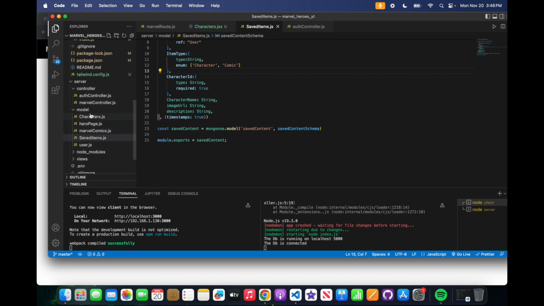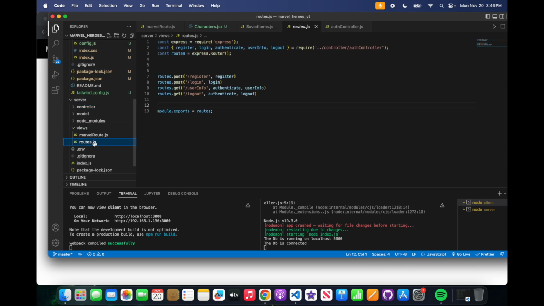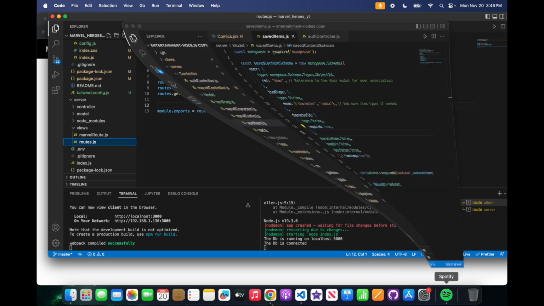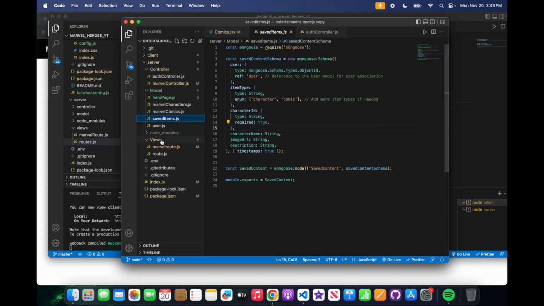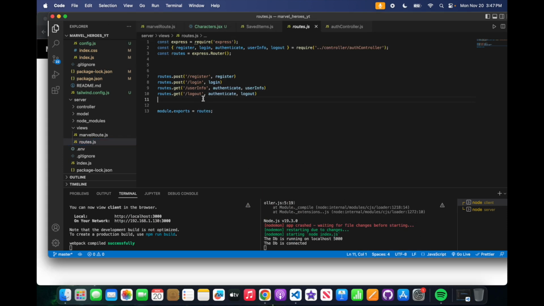Let's see. Model, controller, views. So it's going to be in just routes. Let me see what I use for the routes here. Entertainment routes. Yeah, okay, I'm just going to copy all this and then I'm going to just explain what I did. So here we're going to be seeing